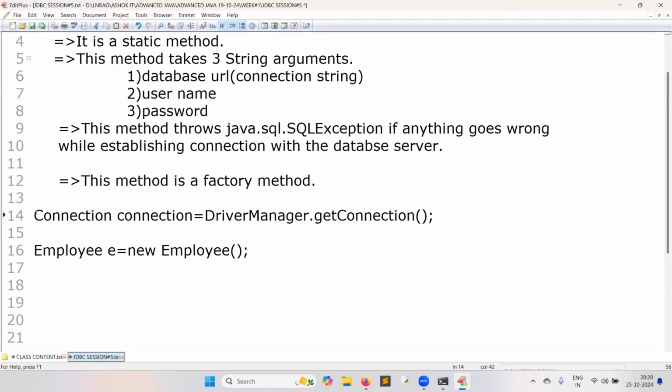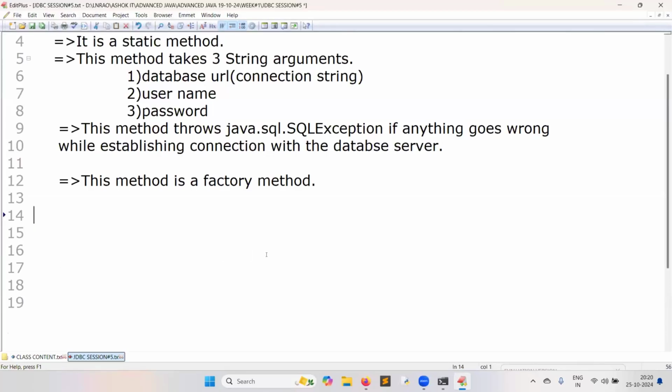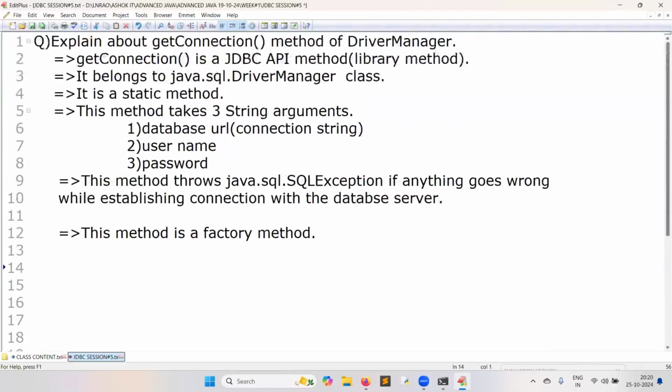What is a factory method? What does a mechanical factory generally do? It produces products, items, manufacturing. A factory method produces objects. So why is the getConnection method called a factory method?